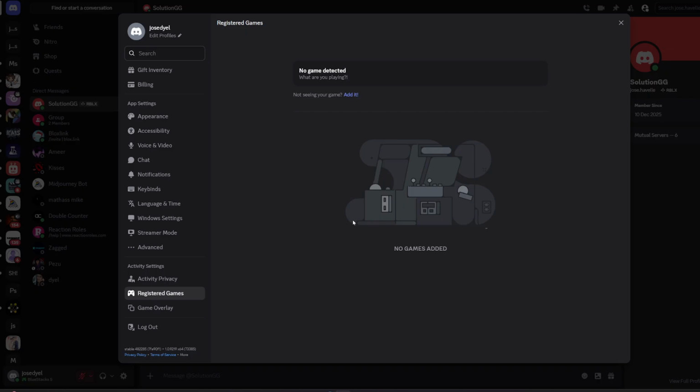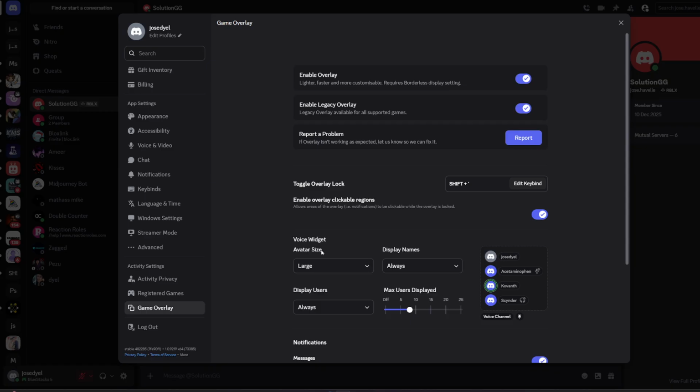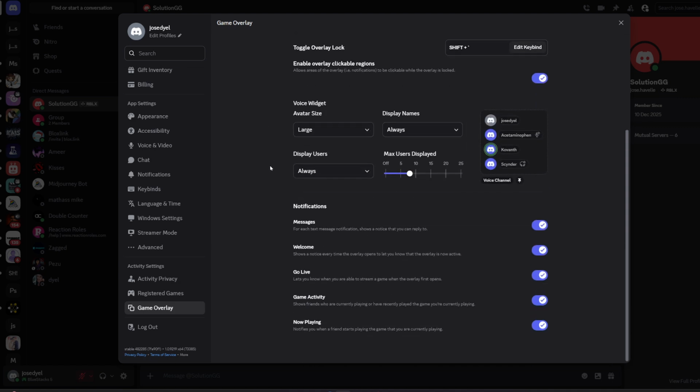This simple change resolves a lot of cases where the overlay is blocked by the game or by Windows permission rules. That's it. By enabling the global overlay, turning it on for your specific game, and running Discord as an administrator, you cover the most common reasons the overlay doesn't appear. Give these a try in order, test your game after each change, and you should see the overlay pop up